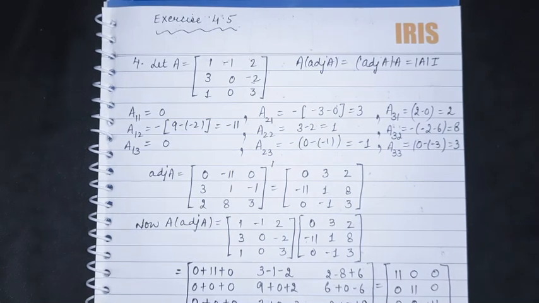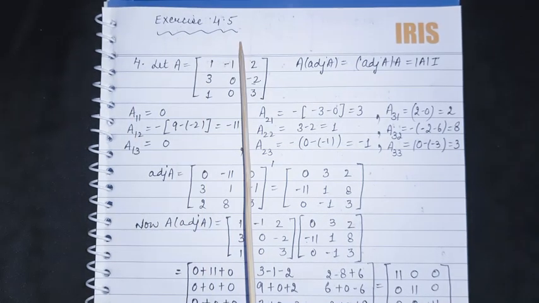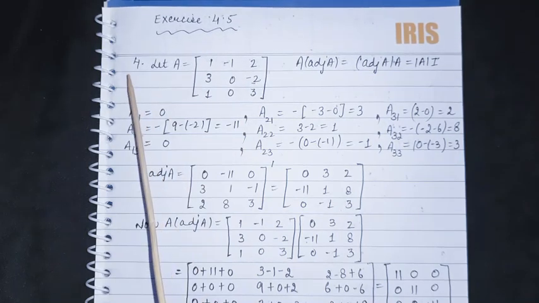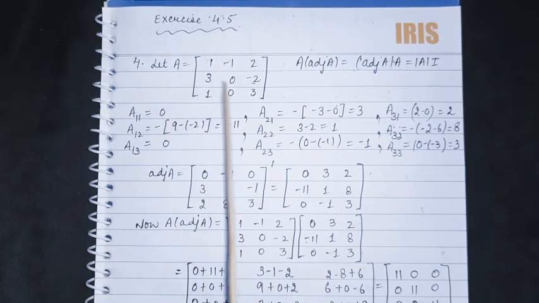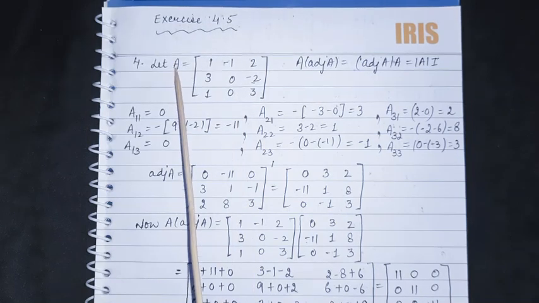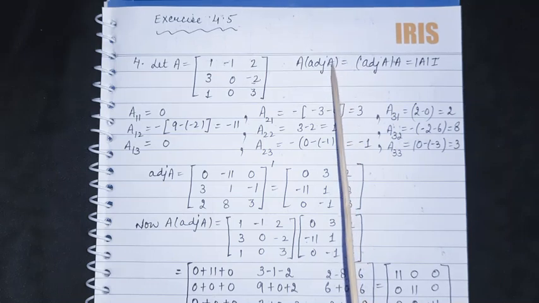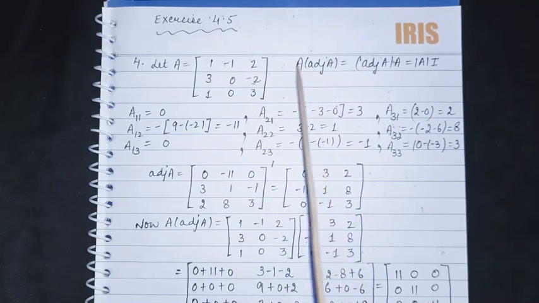Hello students, so today we'll start with our exercise 4.5 of NCERT textbook. So let's start with question number 4. Given to us is a matrix of order 3. So this is our given matrix A, and the question says that verify this result, and the result is A